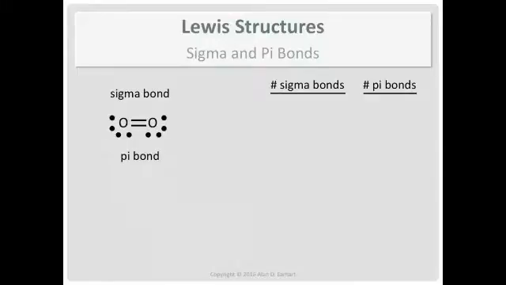So to sum up what we have, if we have a single bond, we're going to consider that to be a sigma and no pi bonds. If it's a double bond, it'll still be a sigma and one pi bond. And then a triple bond is going to be a sigma plus two pi bonds, for a total of 3. So we're going to consider the bonding to be, at the very least, a sigma bond. And then if it's multiple bonds, you'll have one or more pi bonds.